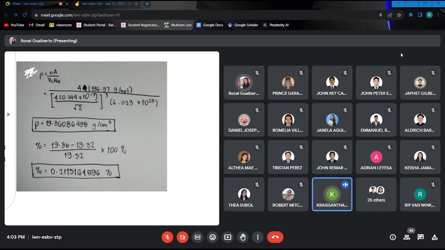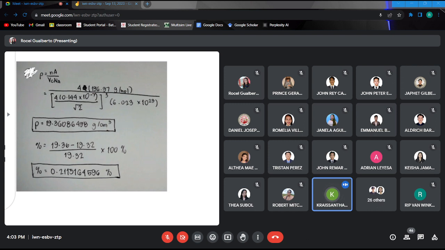Yung 4 po sa numerator ay yung atoms per unit cell. Tapos yung 196.97 po is yung atomic weight po ng gold. Then yung sa volume per unit cell po is ito pong naka-bracket. Then Avogadro's number po itong 6.023. Then ito po yung kalalabasan niya,